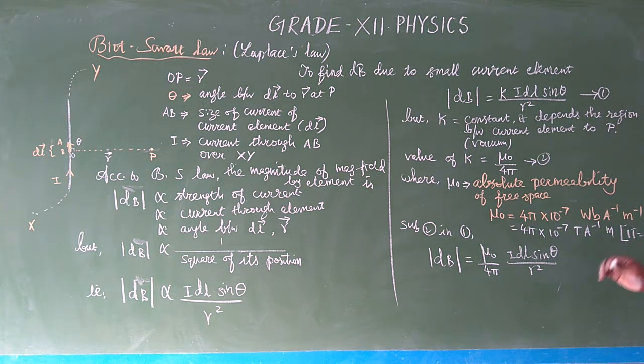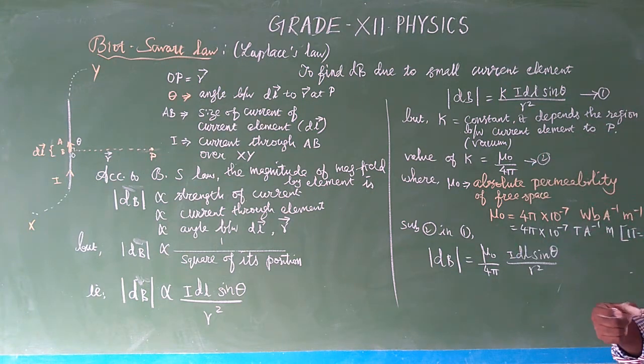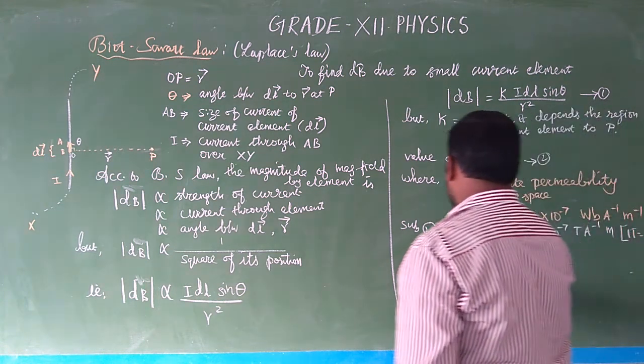1 Tesla is a large magnetic field. 1 Tesla is equal to 10 to the power 4 Gauss, already we know. So 1 Tesla is equal to 1 Weber per meter square. 1 meter square area இருக்க ஒரு வயர்ல 1 Weber of magnetic field இருந்தா then total magnetic field at the region, so the Weber is magnetic flux, in the particular area which is equal to 1 Tesla. So Tesla-வ relate பண்ணி சொல்லிருக்காங்க. So this is the general form of Biot-Savart law.